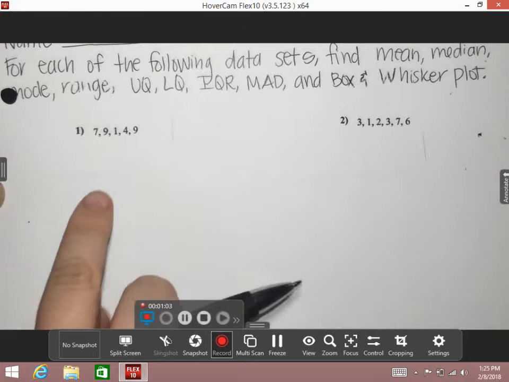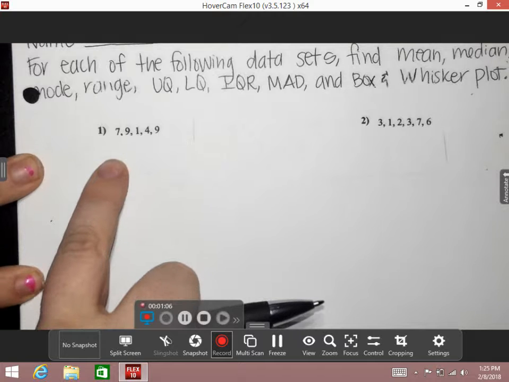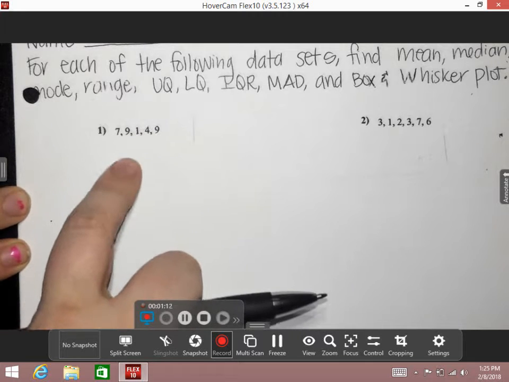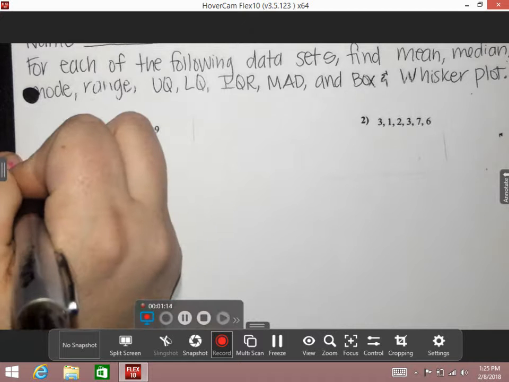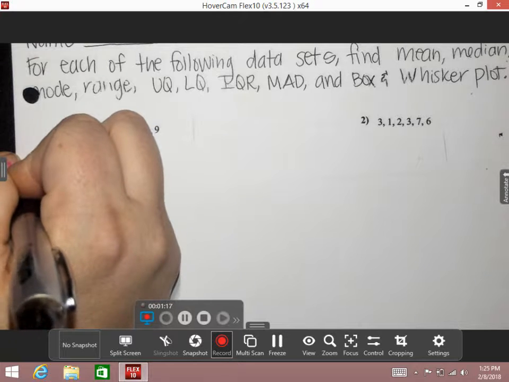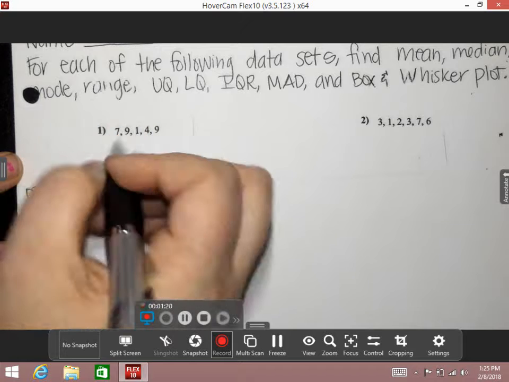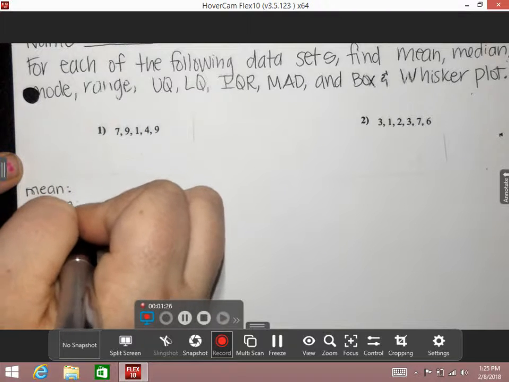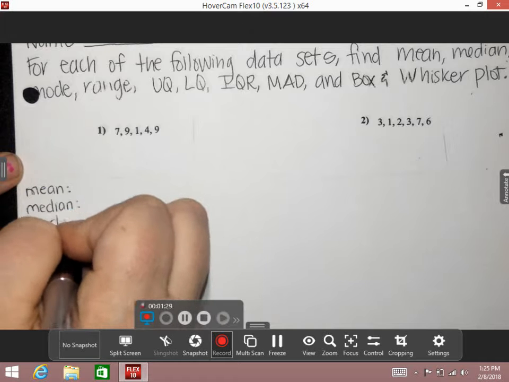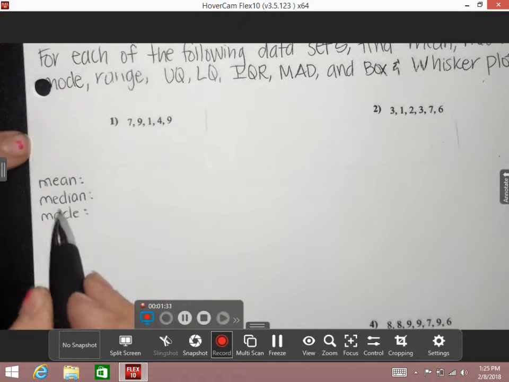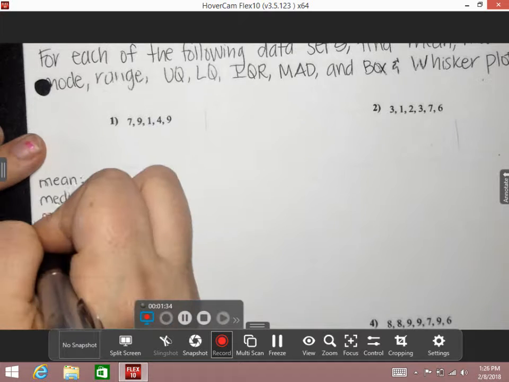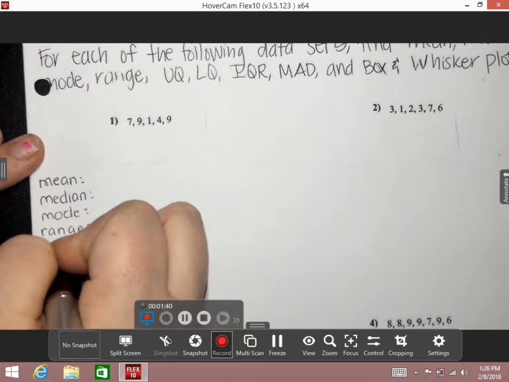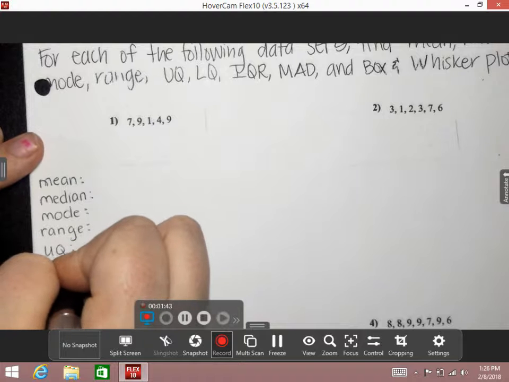Before I even start the problem, I'm going to go ahead and list everything else that I have to do so that I know what it is. Remember, guys, I'm going to have to put these in order, do a bunch of stuff to them, so I'm going to leave some space. Leave some space, and I'm going to come down here and start making my list, starting with mean. And I'm just going to write it in the order that it's given to me. Median, mode. And guys, you notice I'm going all the way to the very edge of my paper. Range, UQ, LQ,